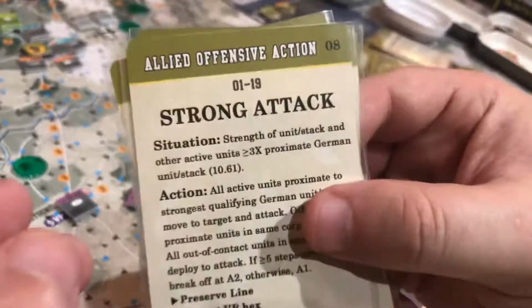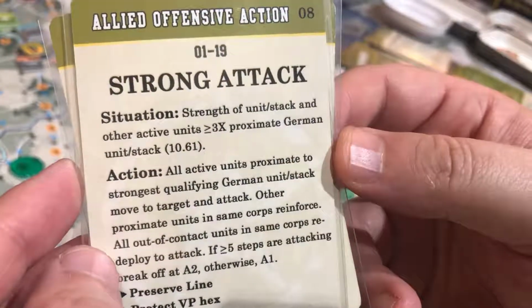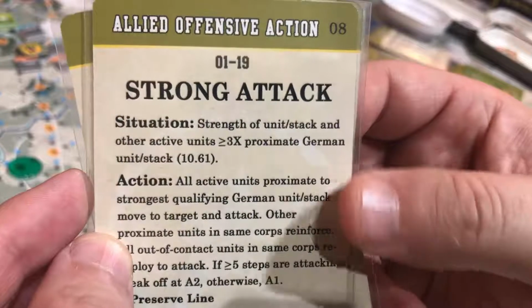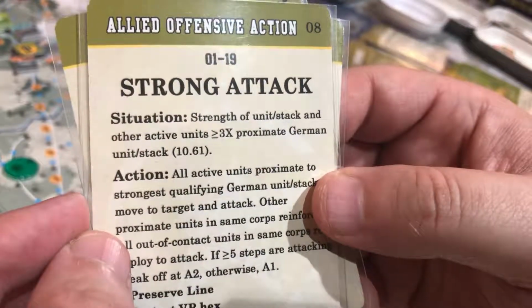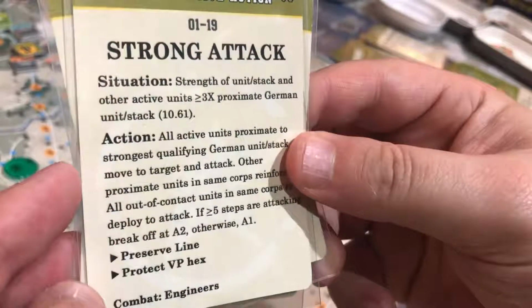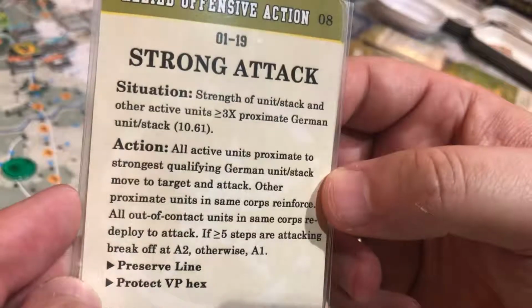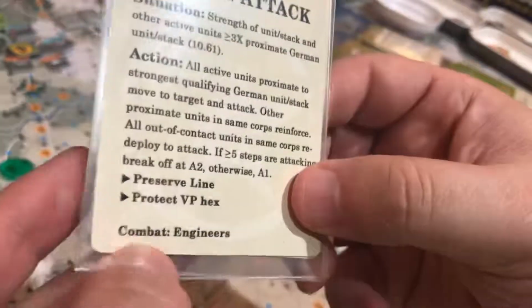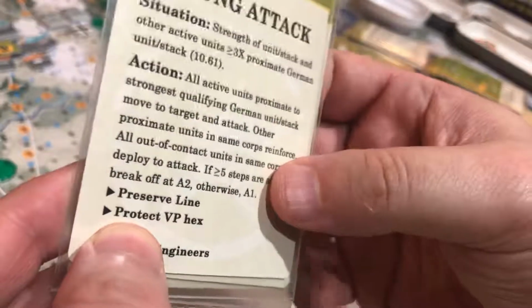Strong attack is the first one. Strength of the unit and stack and other active units greater than 3 times the proximate German unit stack. Okay, so that does mean that they can attack like Vonderheit, for example. However, they're going to preserve the line and protect a VP hex. And they also get engineer combat tactic. So,